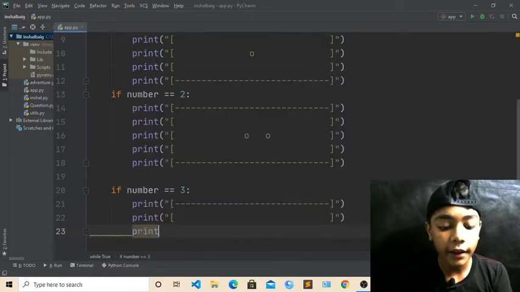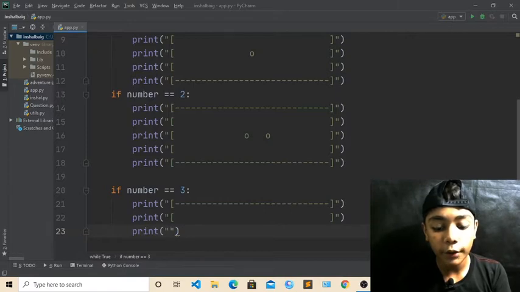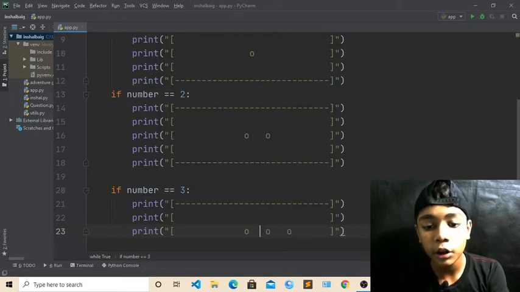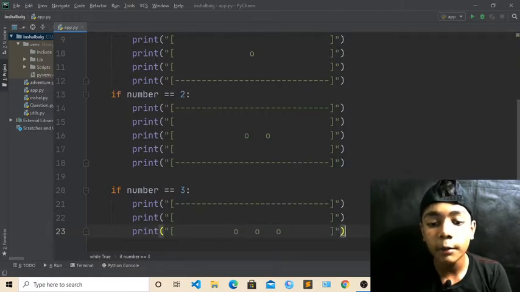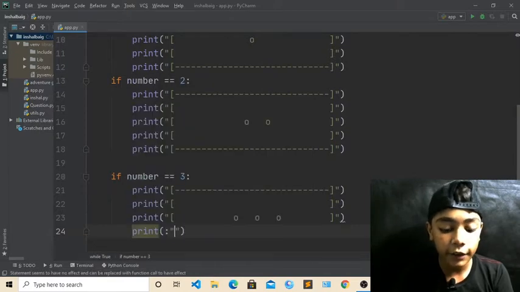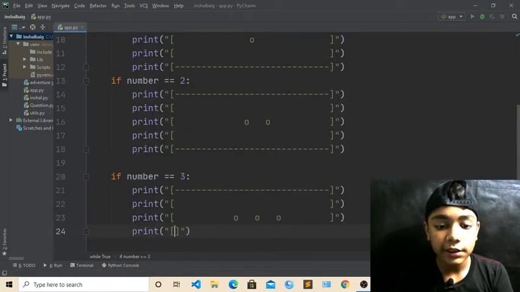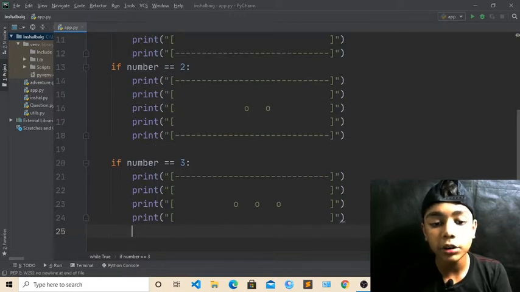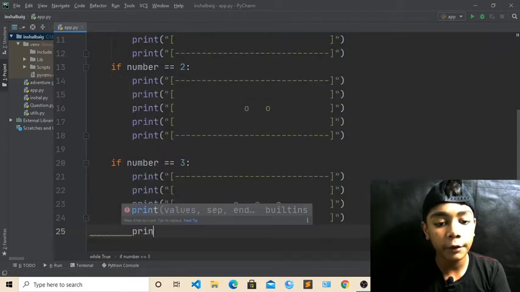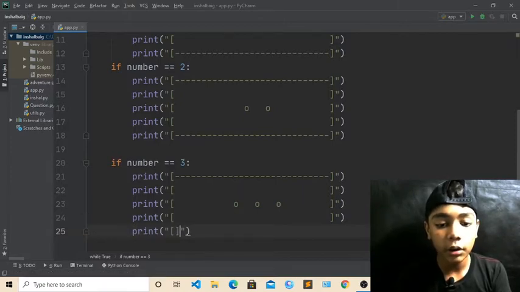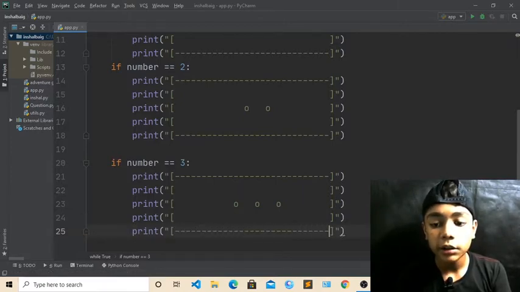Then another print tag. Now it will be like that, and now here you have to define 2 again square brackets over here, and now here we have to define 3, okay. Now like this, and here you have to do like that, okay. Till here we have defined all this. Just come over here, backspace, and now here you also have to press backspace, okay, and again backspace, okay. Till here we have defined. Now come over here, press enter, write print tag, and it will also be empty, okay, like this. It will also be empty. Now here we have to close it with dashes, like first we have opened, now we also have to close this, so we will close it now, okay. Now again dashes over here, okay, just like that we have done.